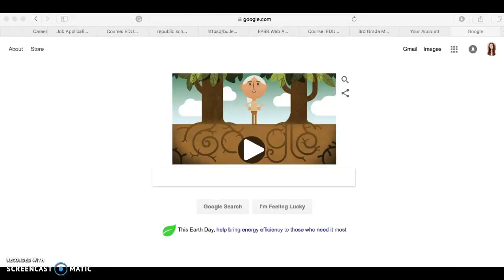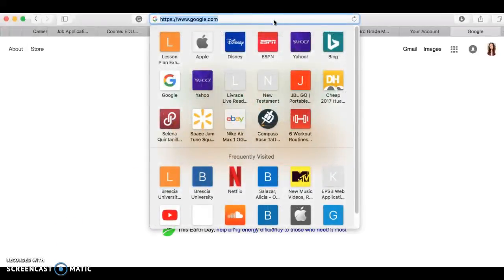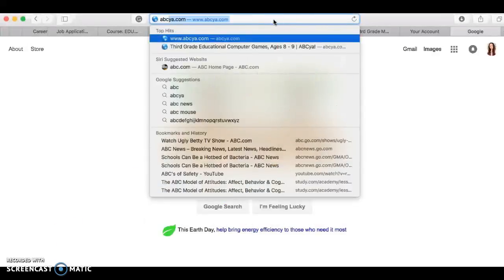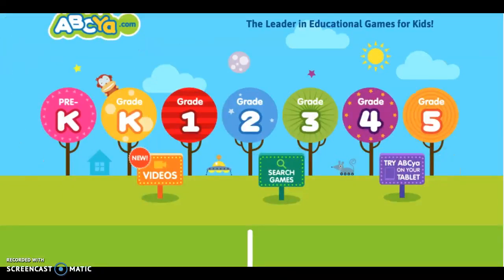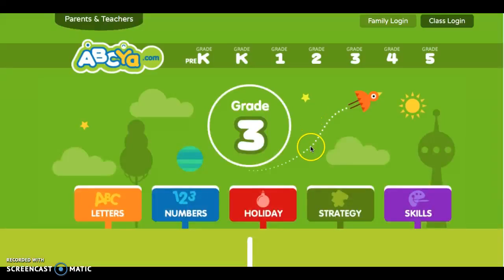So another site that you can go and visit would probably be abcya.com. This is a great website that we can use to advance your educational purposes in math. When you get here, you're going to click on grade 3, and you're going to click on numbers,